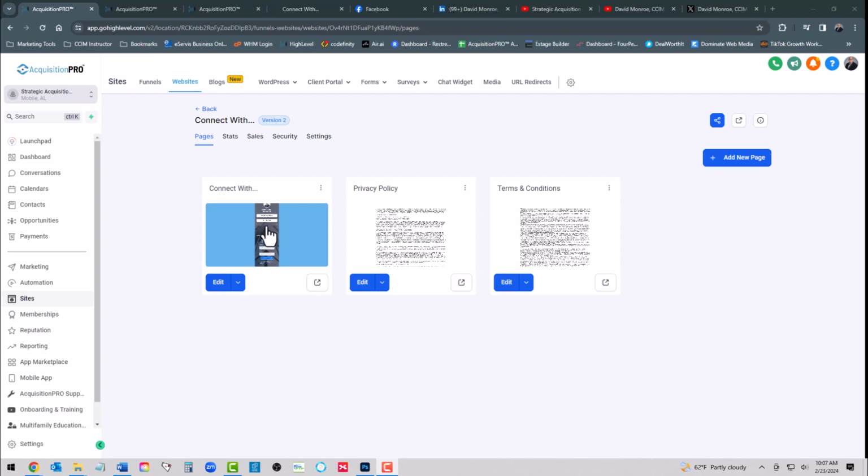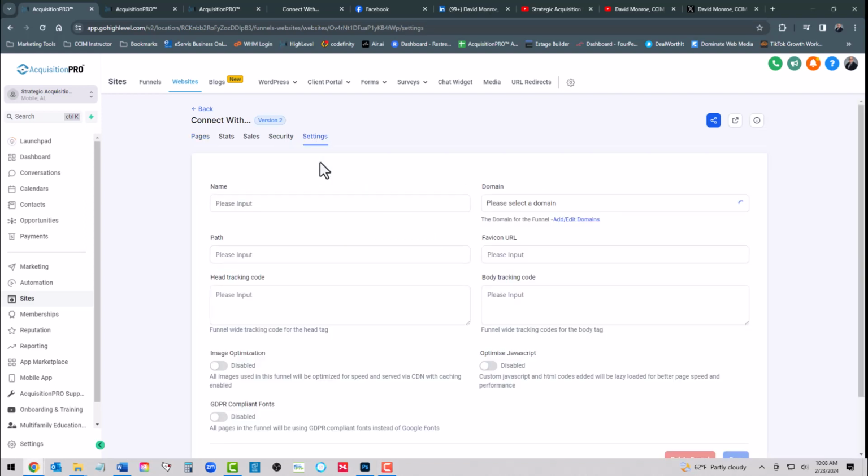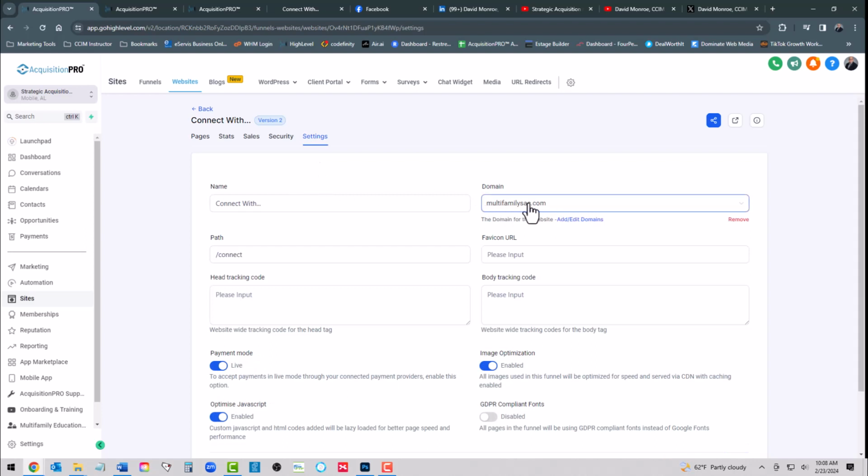If you go to Monroe, CCIM.com, you will see that this is a direct replica of my current website, obviously modified for me. So we're going to be editing this, but the first thing we need to do is go to Settings, and you need to go ahead and select your domains, whether it is that subdomain or your primary domain. I'm going to use this for our primary for now, so I'm going to put that right there. Then put who you're connecting with. So we're going to change this to connect with